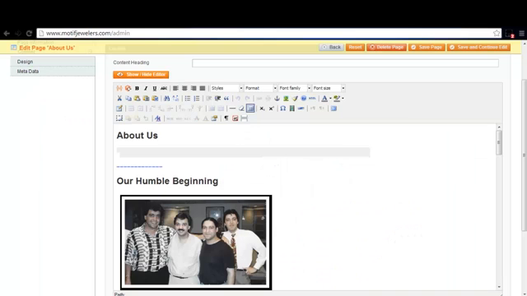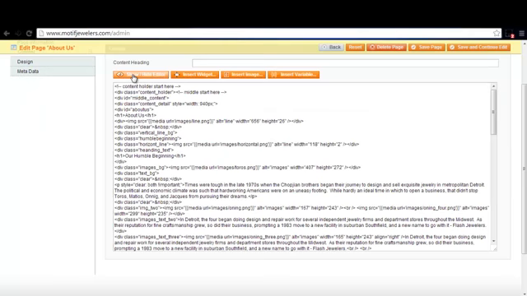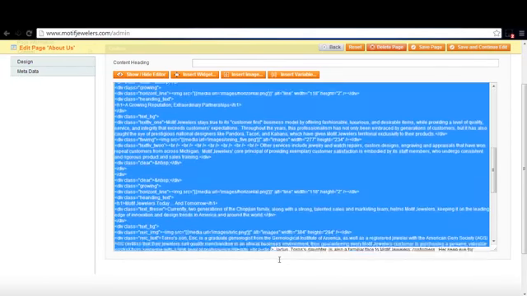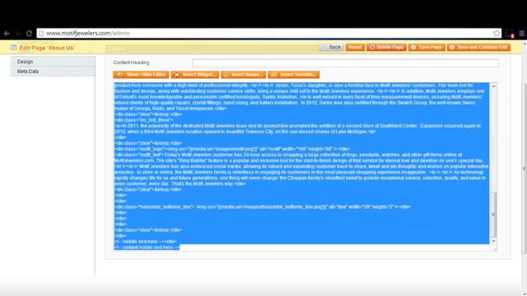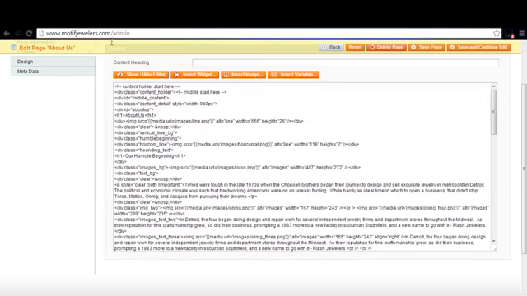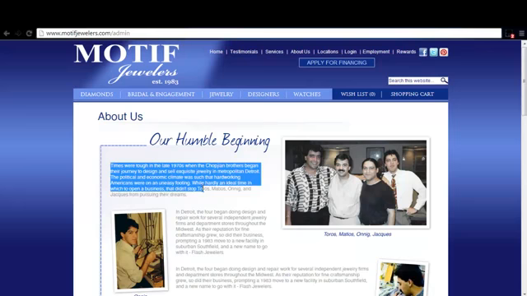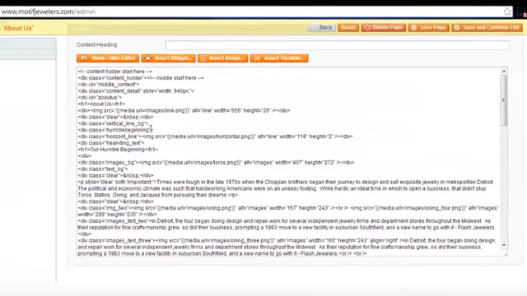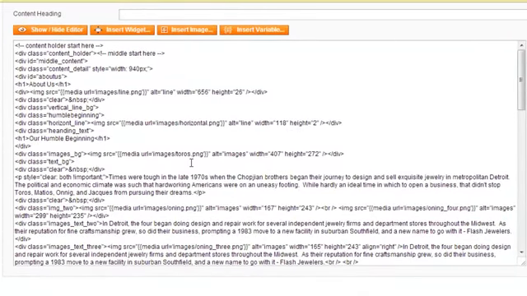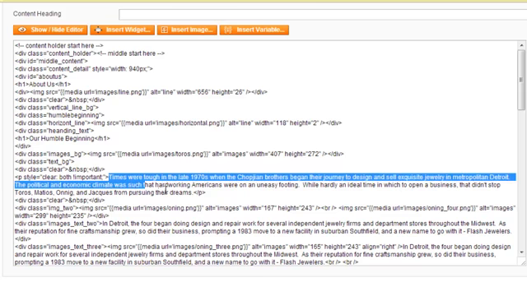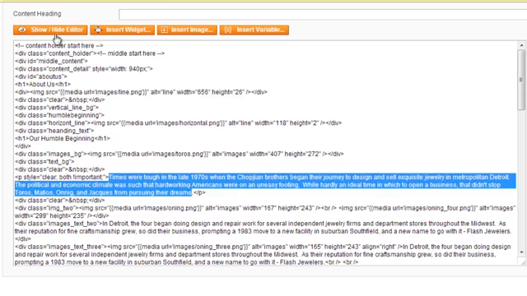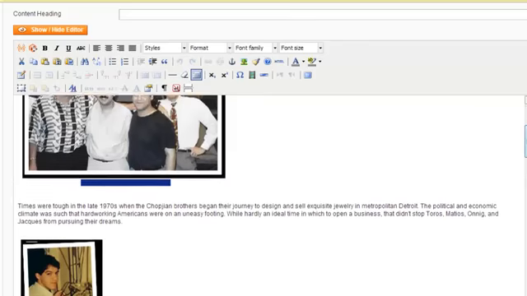Before making any changes, I always highly recommend that you copy the code and paste it into Notepad. This way, if there's any issues with the changes that you've made, you can always revert back. So if you want to make changes to this page, for example, we'll take the first paragraph. Basically, you just have to go here and find where it starts. So this is where the first paragraph starts right here in the code,